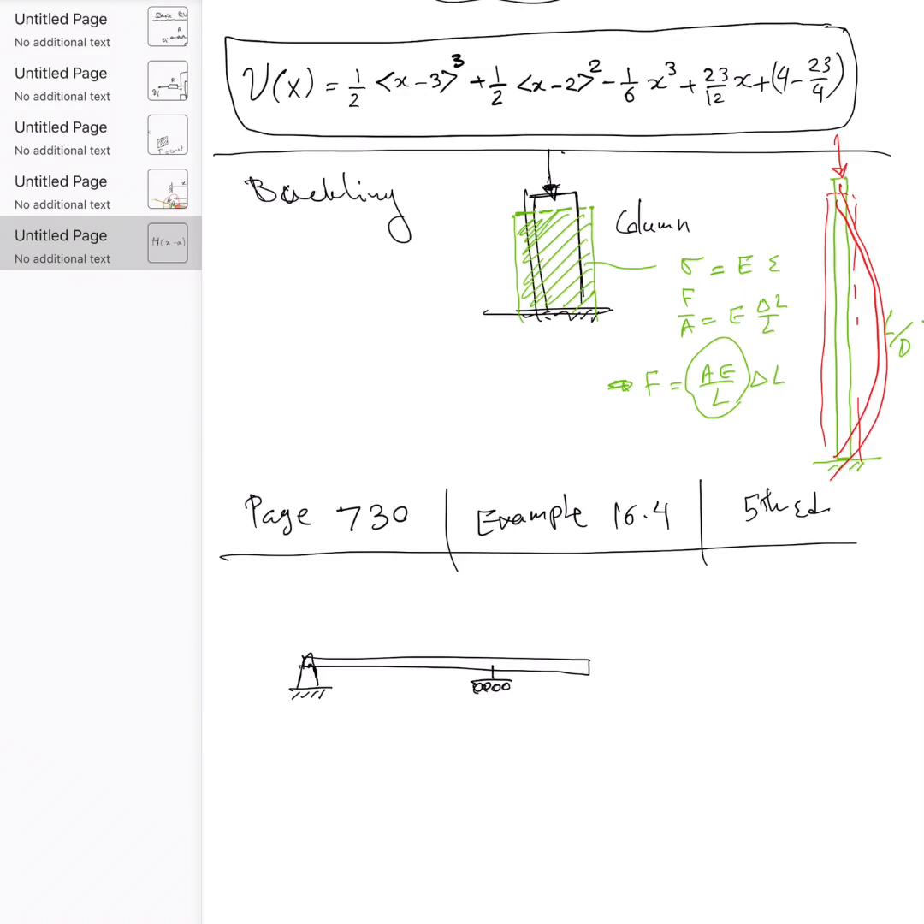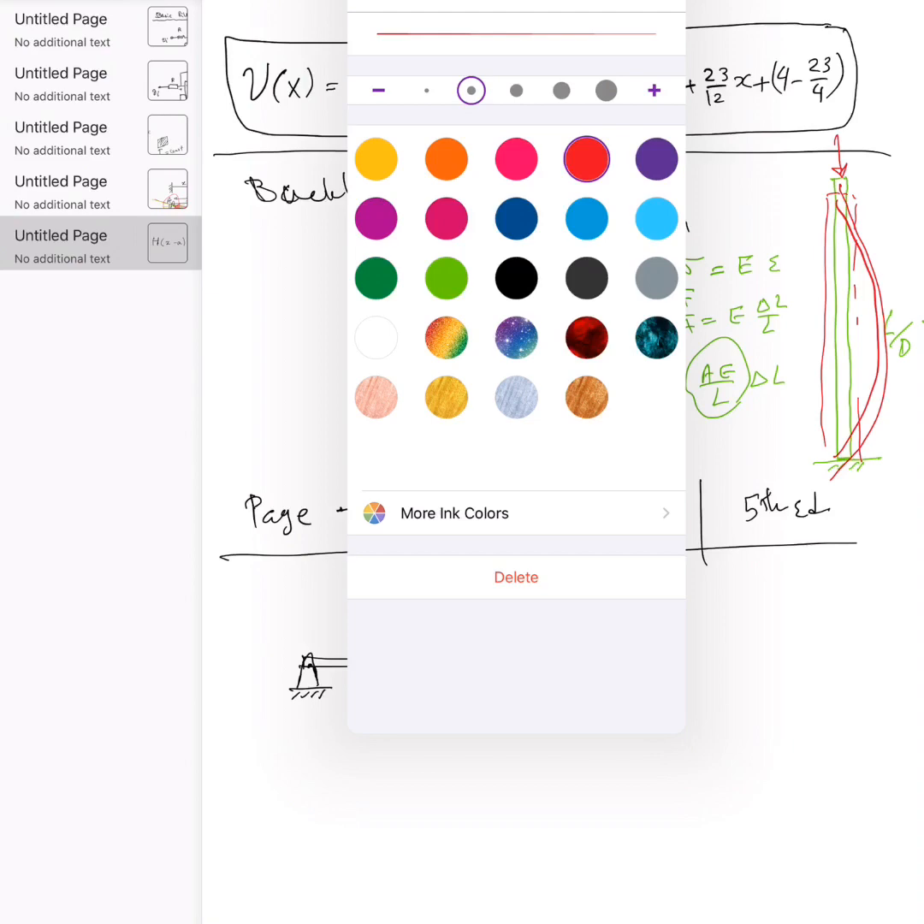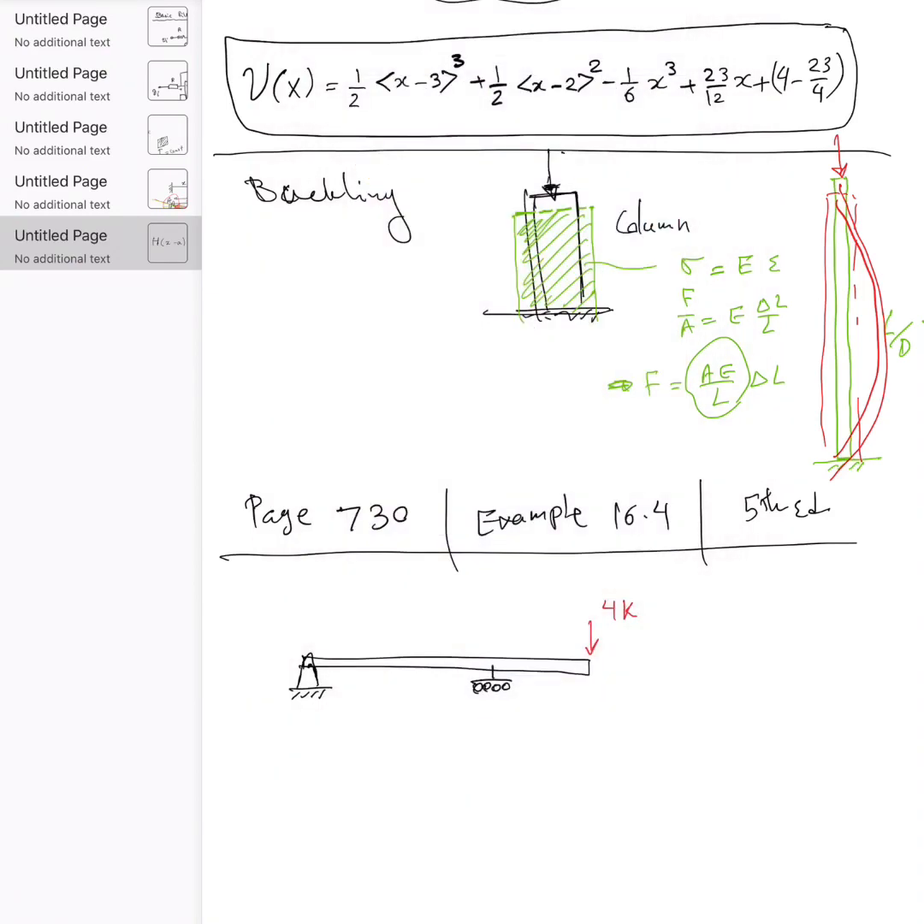and you have point load 4K at one end, and these distances are given. This is a different color here. It's 2 from here to here, and it's 1 from here to the end, and 2, 1, 4K,